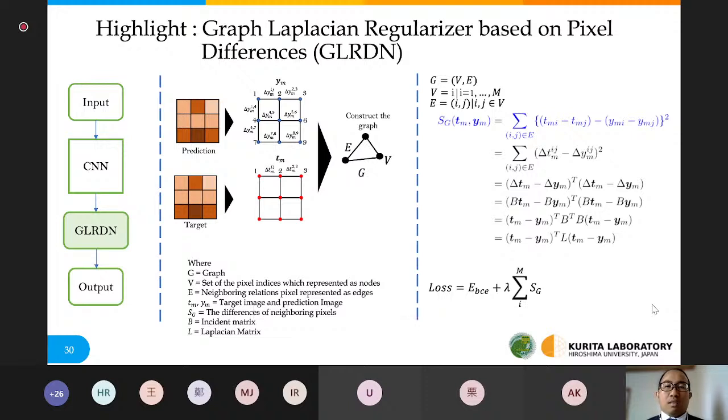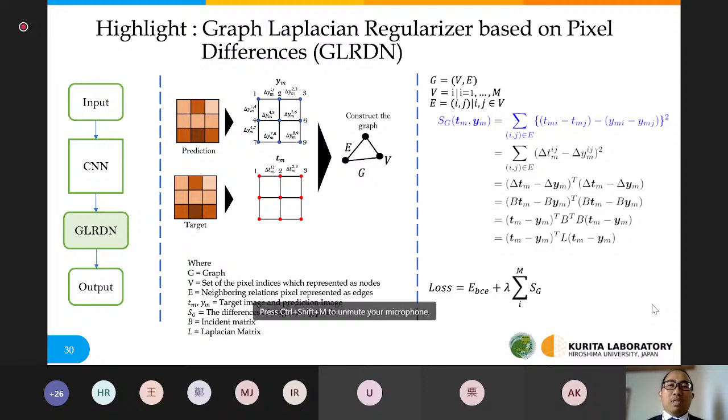We construct the graph G, which consists of vertices V and edges E. Here, V is the set of pixel indices, represented as nodes or vertices, and E is the neighboring relationship between pixels, represented as edges.